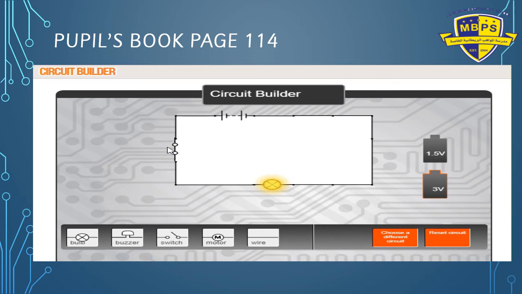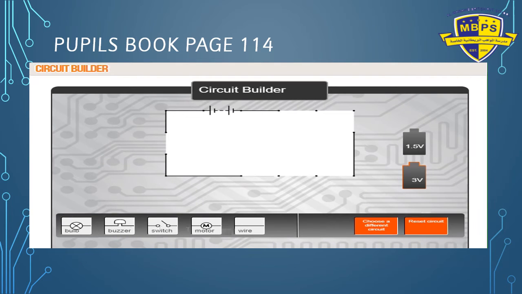If I add one more bulb to it, what do you think will happen? What do you think will happen if I add one more bulb in an electrical circuit that already has two 1.5 volt batteries, one lamp, and all the wires connected? If I add one more bulb, what's going to happen? Let's check it out on the next slide. Let's connect it again. The same slide I'm going to do again.